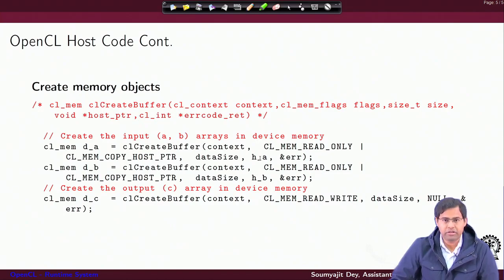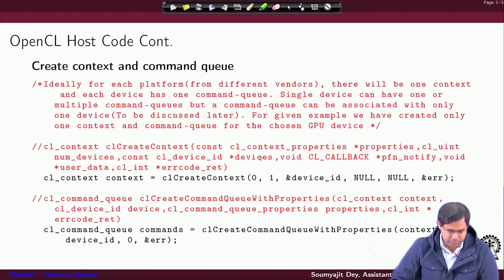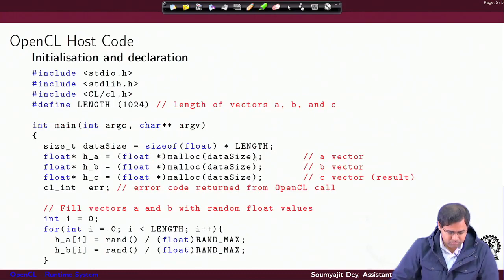Now, which host side memory objects? Just to recall, we have defined the host side arrays HA, HB and HC. HA and HB contain the input arguments, and in HC we plan to write back the data after the computation in the device side OpenCL code.